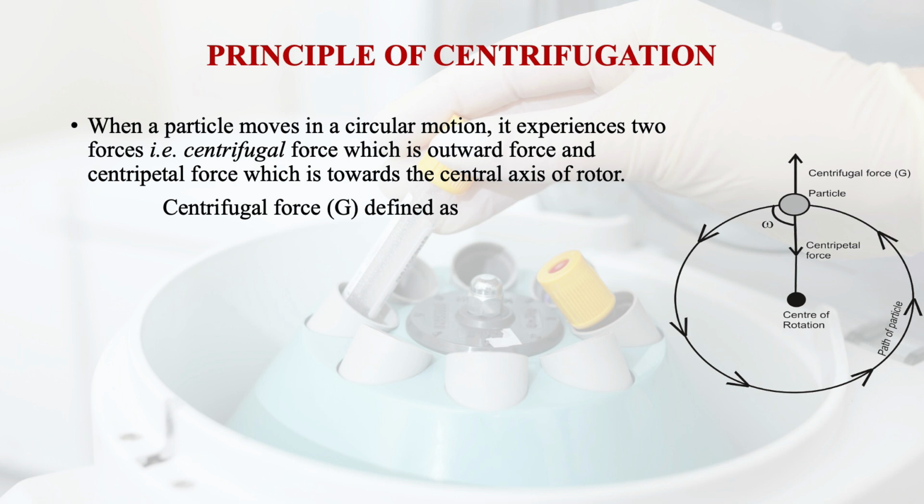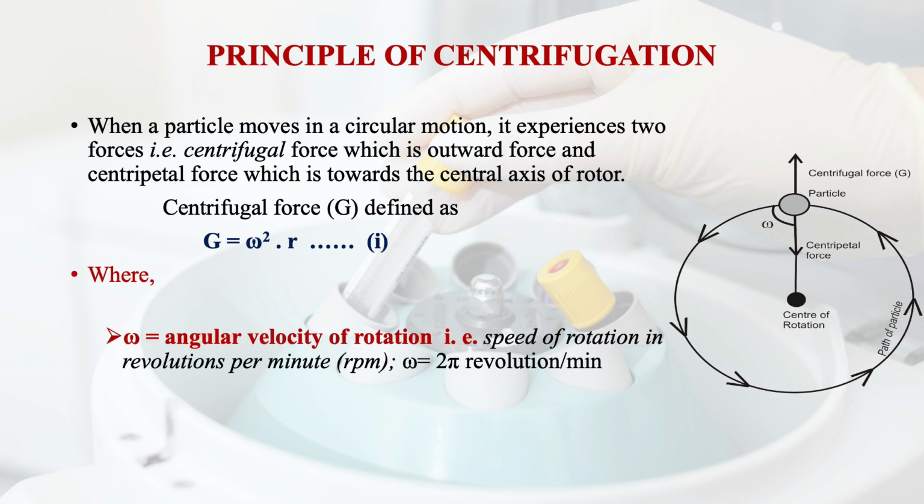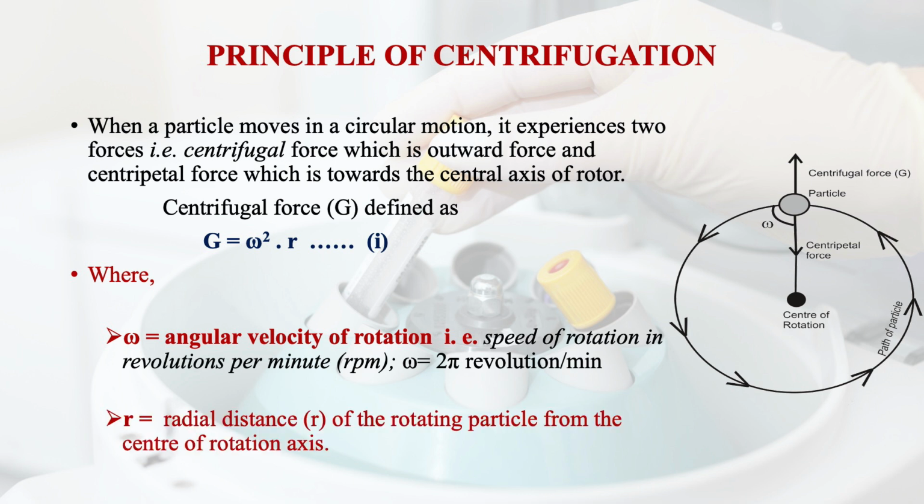The centrifugal force can be defined as G equals omega square r, where omega is the angular velocity of rotation, that is the speed of rotation in revolutions per minute, or omega equals 2 pi times revolutions per minute, and r is the radial distance of the rotating particle from the